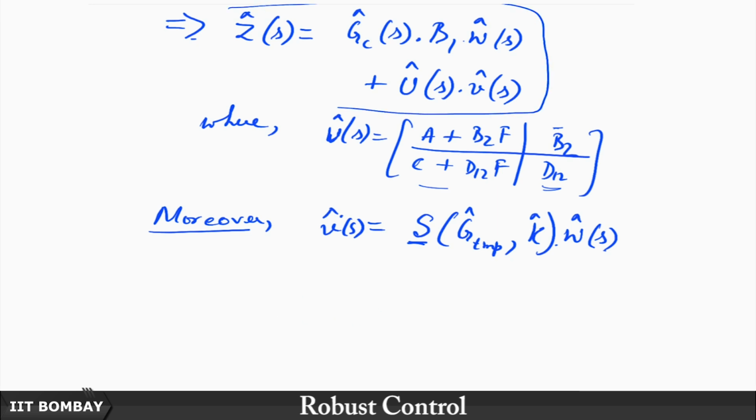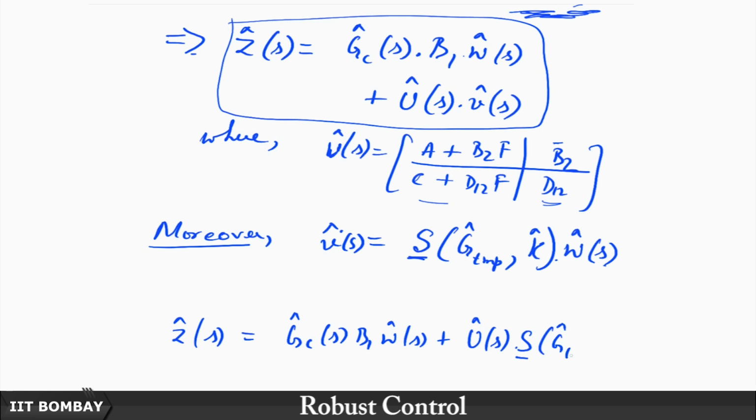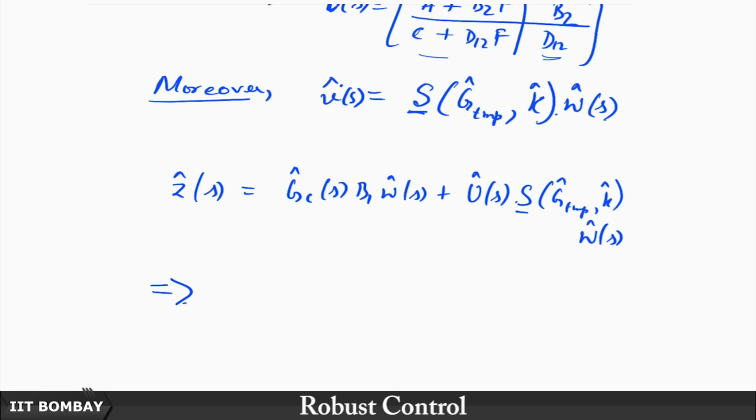So, from this step here we can write Z hat S is equal to G hat C S B1 W hat S plus U hat S times, now we are going to replace this with S bar G hat TMP K hat acting on W hat S. But this means that the overall star product which gives me the transfer function between W hat and Z hat, which is the star product between G hat and K hat, is nothing but this GC hat B1